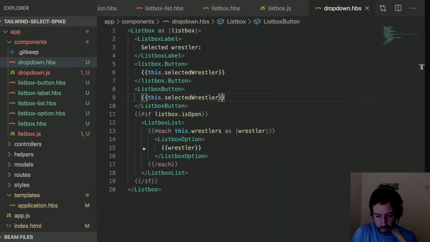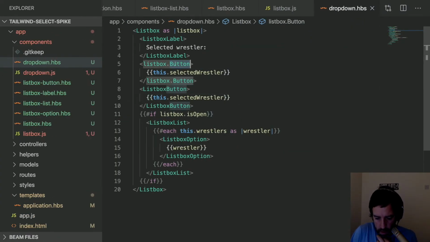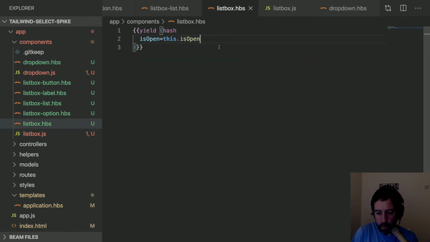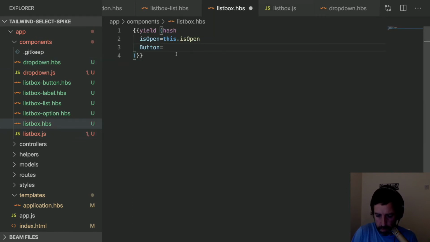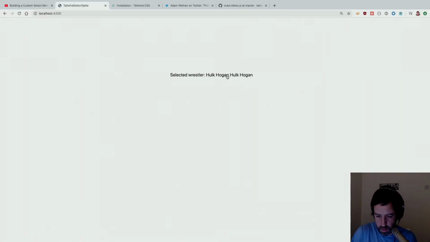Of course this is not going to render anything at the moment. This is null. So in listbox, as part of here, we want to emit the button, just like we do with is open. So button, and this is where we use the component helper. We're going to pass this component here. The component is called listbox button, and that should be enough for this to render two buttons, and you can see it does here,